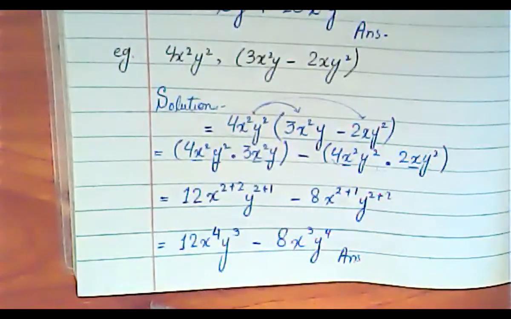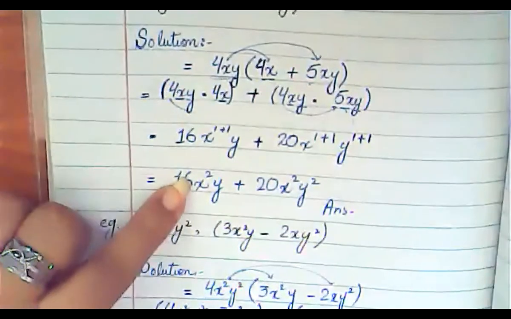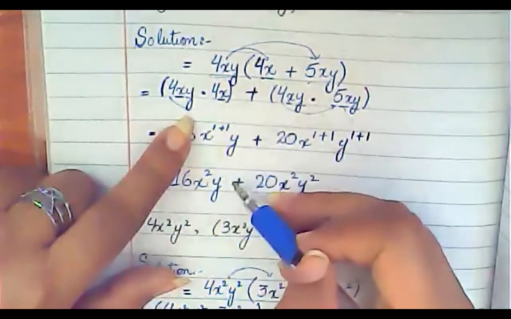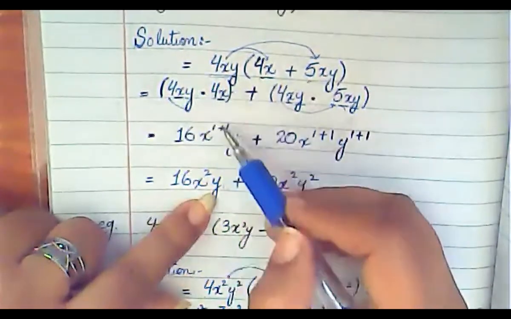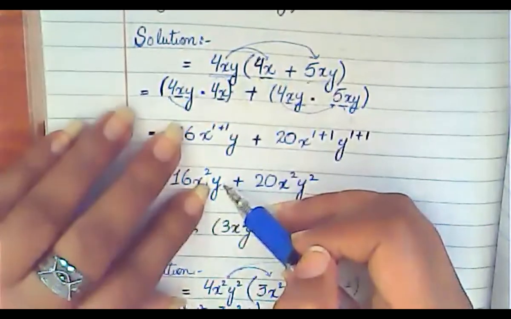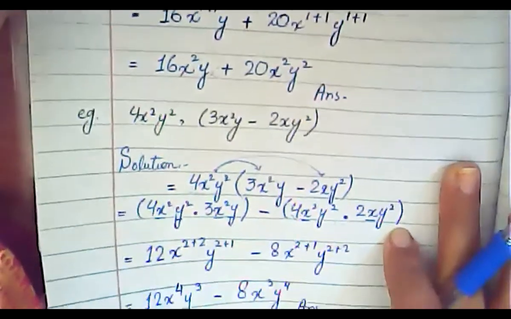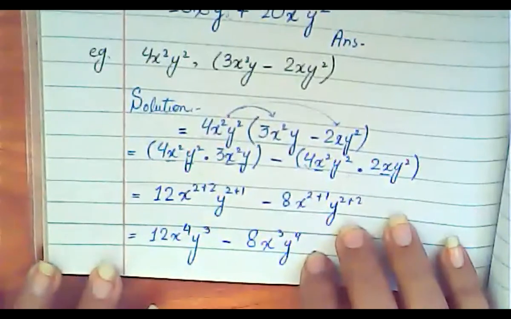Obviously, y will come in the answer because y also will multiply it, na? So y multiply by nothing is here. So you will simply copy down y. Okay, Raja? Understand? Actually, you are confused here, right? Means you are thinking that here you have only y, so you will not copy down here y. No, you will simply copy down y here. Nothing is written here, so simply you will copy down y. No need to add the power here. Okay. Okay, Rajana, please tell me, is it clear? And all of you, please tell me, is it clear, so that we can start our classwork.